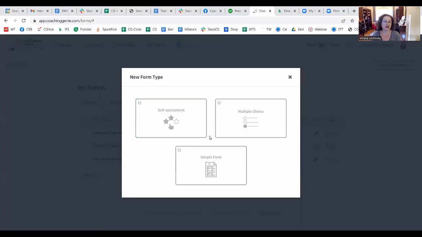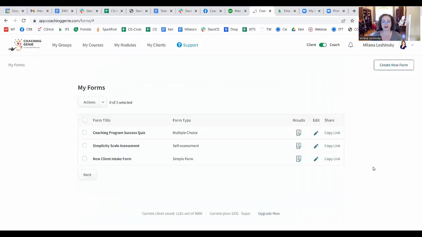So you ask questions like, how would you rate yourself in the following areas, right? And I'll show you some of the things I've done. You have a multiple choice assessment or form, sort of like a quiz or a test. And then you have a simple information collection form, which can be used as an intake form and then as an exit form. Again, all of these forms are to collect information to show your clients how they're doing.